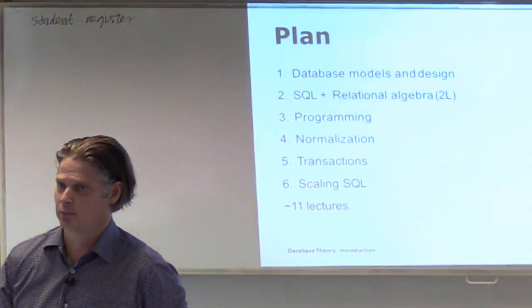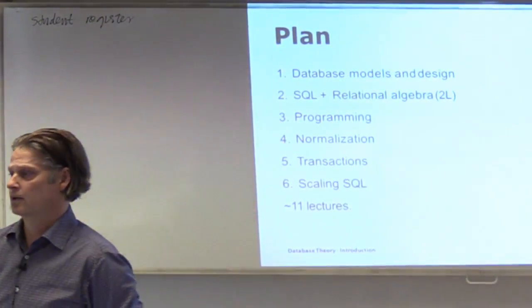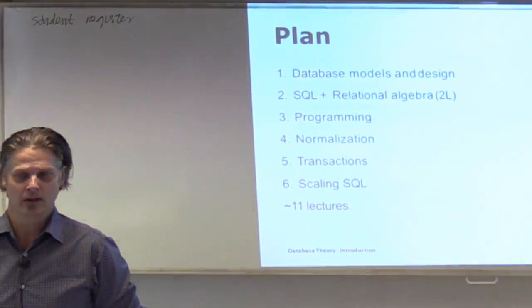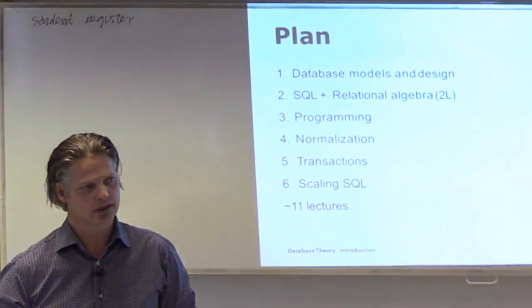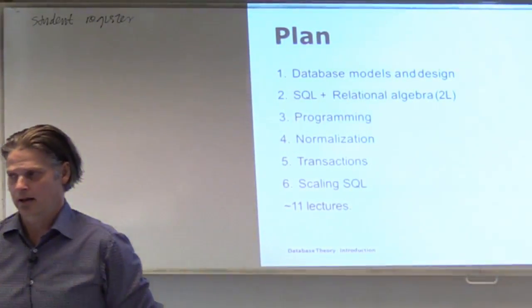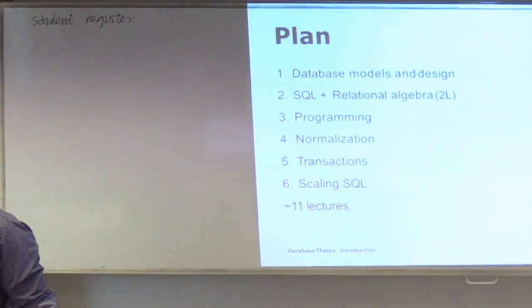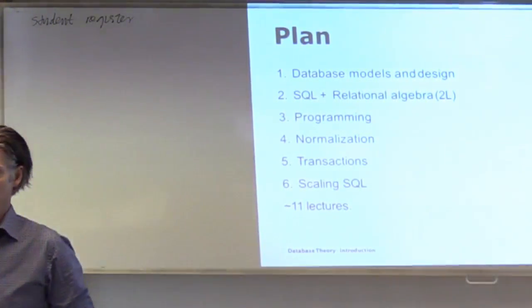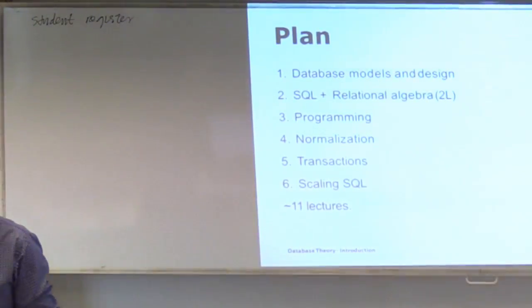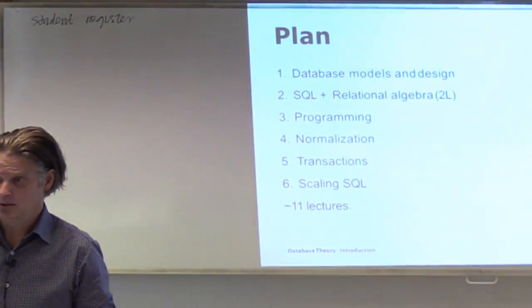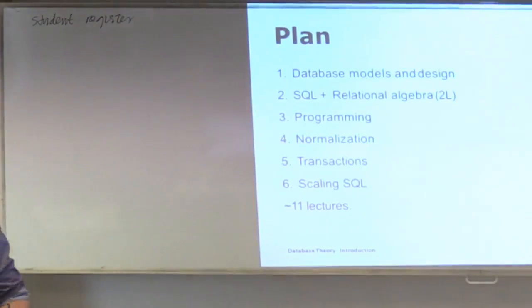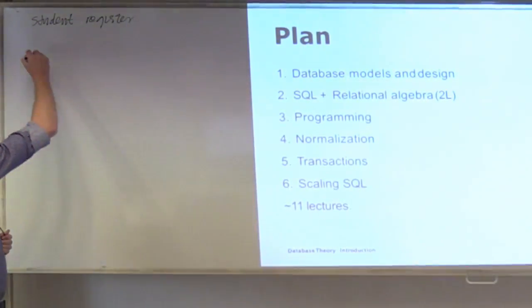This student register will be a really bad one. This is just to demonstrate for you when things go bad, and it will consist of just one table. Let's assume that we have our student register, and we are going to register onto a program. So what you might be doing here is that you start with your name, and my name is